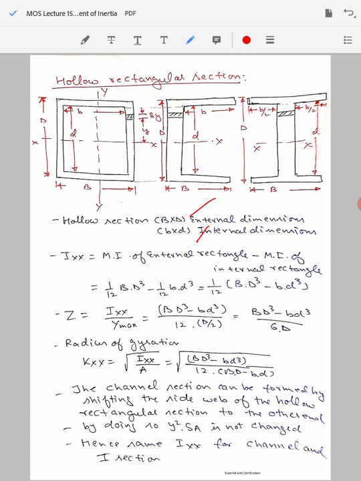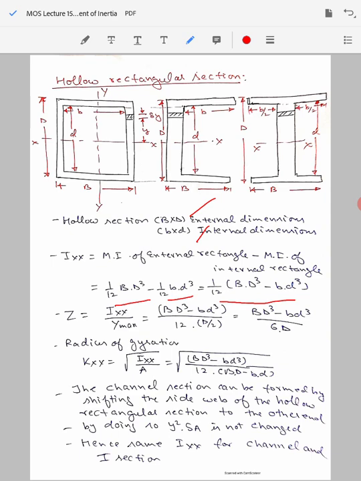But here we need to apply it in the sense that the moment of inertia of the external rectangle minus moment of inertia of the internal rectangle is going to give you the moment of inertia of this hollow rectangular section. So by using a proper algebraic sign of a minus here, we can calculate it. You have already calculated the moment of inertia of a rectangular section, that is given by BD cube by 12. So for the external rectangle it will be capital B multiplied by capital D cube divided by 12, and we subtract from it the small bd cube by 12. So your net 1 by 12 (BD cube minus small bd cube) will be the moment of inertia about the x-axis.